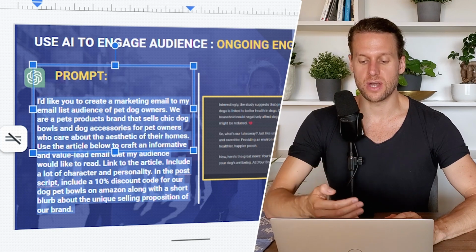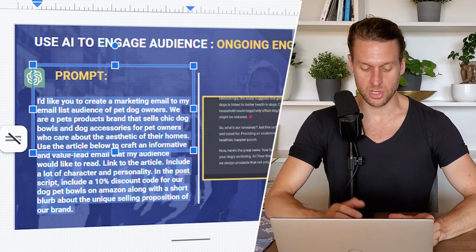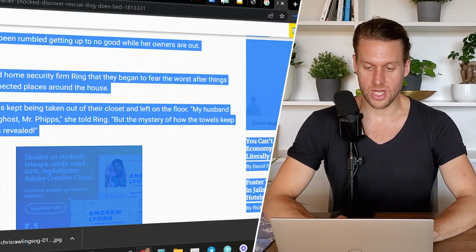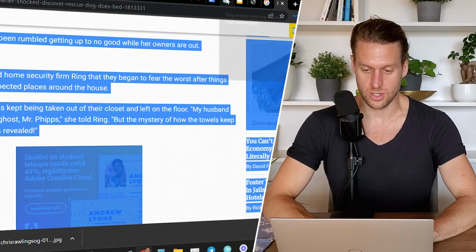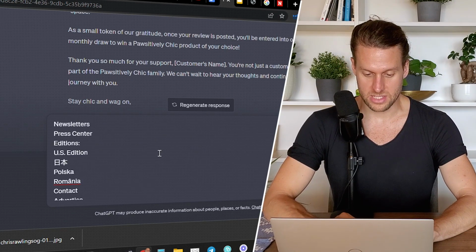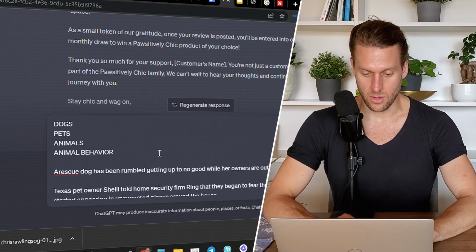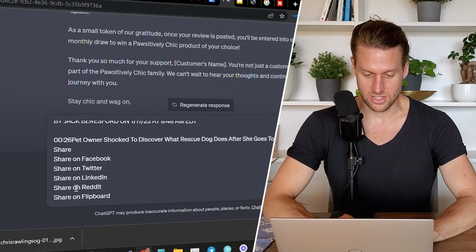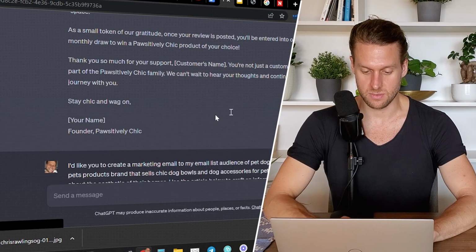So here in this prompt, we're going to give ChatGPT the necessary context it needs, and we're going to ask it to generate an email based on this article and let it know that we'll be pasting the article below. So we're just going to copy all the text on this article. The good thing is ChatGPT can read through all the trash, all of this stuff on the side, it'll ignore because it knows what actually is important. So we're just going to paste all of that in. You can see it literally pasted it all in dirty. The whole article is in there with all the links and the text on share on LinkedIn, share on Reddit, but ChatGPT is usually able to see through all of that. So let's see what it does.